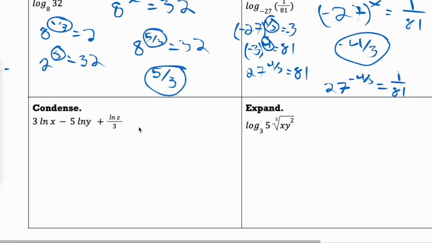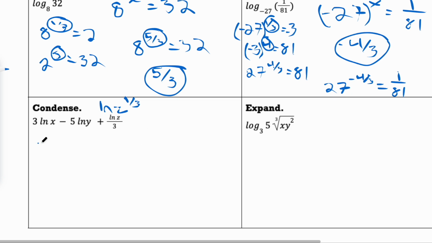Okay, we're asked to condense here. First thing I'm going to do is take this. First thing that jumps out to me is this dividing by 3 is the same thing as saying 1/3, which is the same thing as saying ln of z to the 1/3 power, right? And now